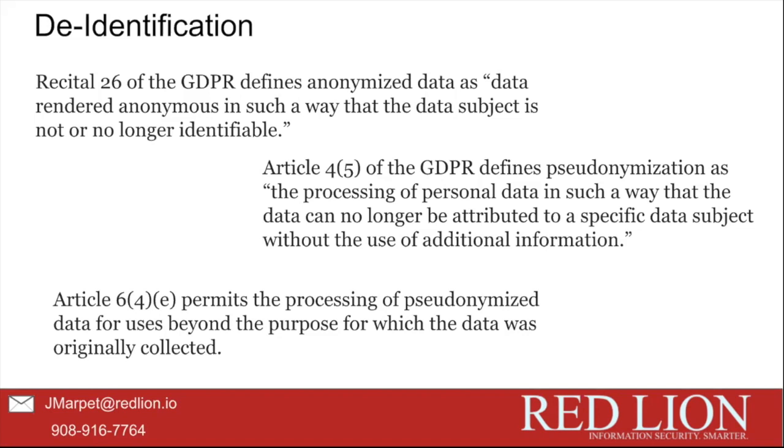And it's interesting because when it comes to Virgil, you can have anonymized data where Virgil and you don't have any of the keys. You can have pseudonymized data where you have access to a key. There's all kinds of ways this works. But I want to make it clear that you have to understand the difference between anonymized and pseudonymized. It's really important for GDPR, okay? And part of the reason is that pseudonymized data, you look at the bottom paragraph there, Article 6.4e, no, I'm not joking, permits the processing of pseudonymized data for uses beyond the purpose for which the data was originally collected. And I'll go over what pseudonymized data looks like in a second, and we can explain that. So let's, actually, I'll get to that in a minute.